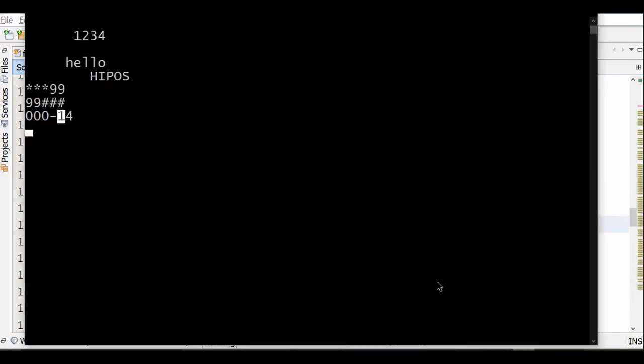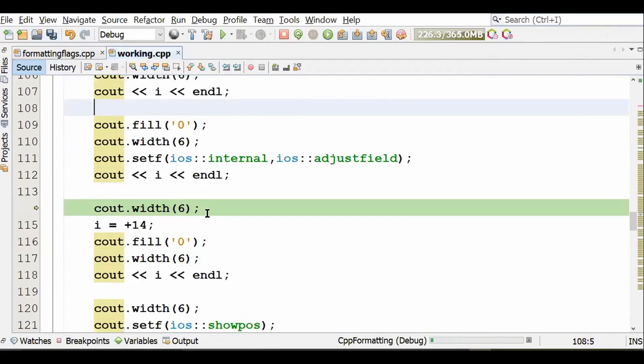So if you look at the output, what's happened? Minus sign over here, 14 over here, and blank spaces in between. Blank spaces have been padded with 0 because you have set fill. Had you not set fill, you would have had 3 blank spaces. So I have said minus and 14 internal. This was right justified, whereas this was left justified, and this is internal. Internal means whatever value is on the right hand side, sign is on the left hand side, and spaces are internal. cout.width is 6 is what I have said.